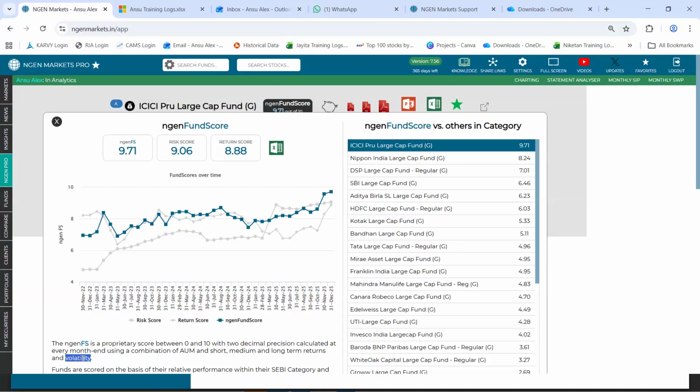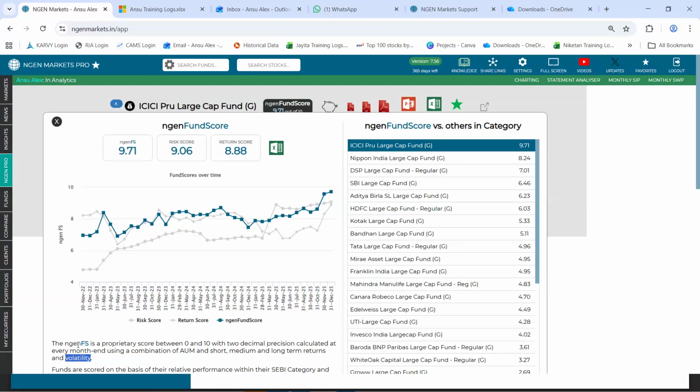These are the quantitative parameters that are considered to arrive at this score. We also have a qualitative parameter, which is the age of the fund. A younger fund will get a lower score compared to an older fund, specifically because the younger fund does not have enough data to prove its performance in the market.